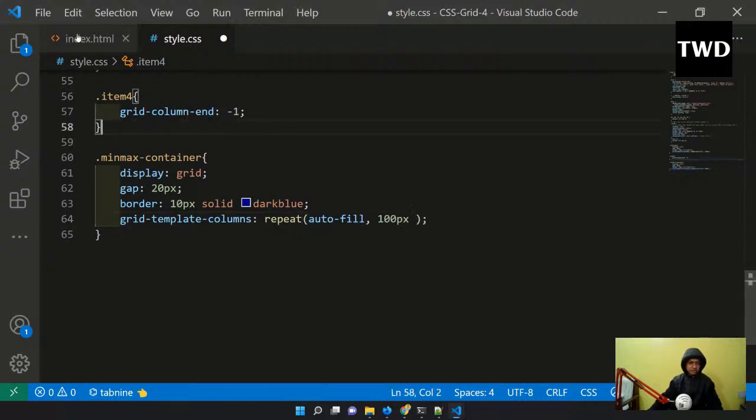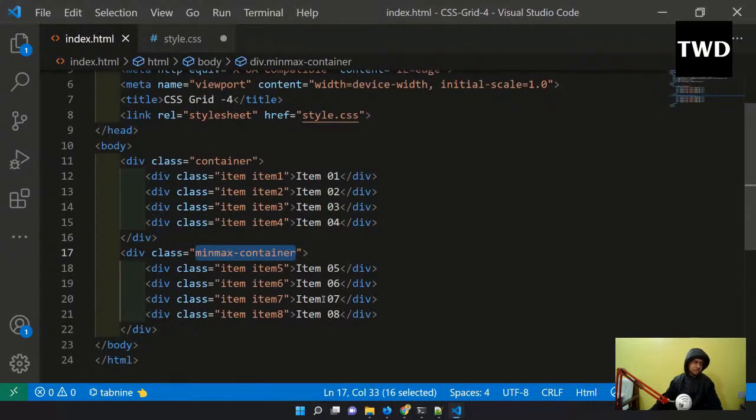And what I'm going to have here, so this one I'll have it a bit bigger, so I'll